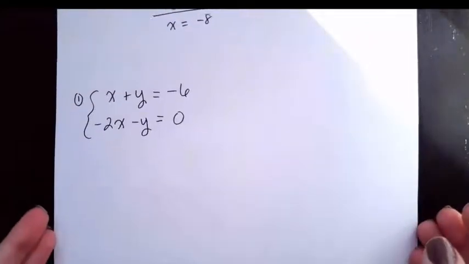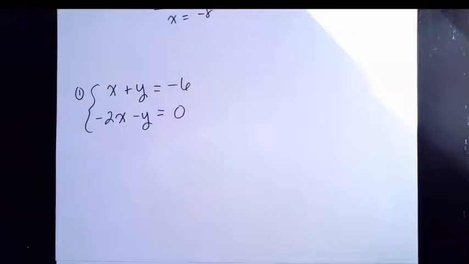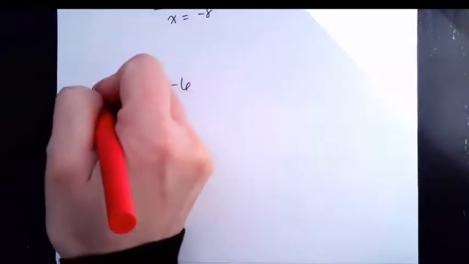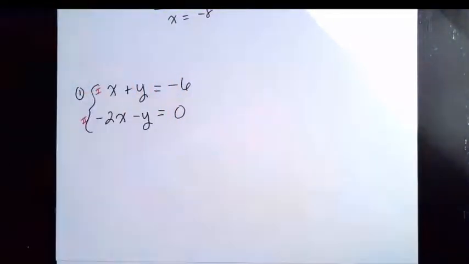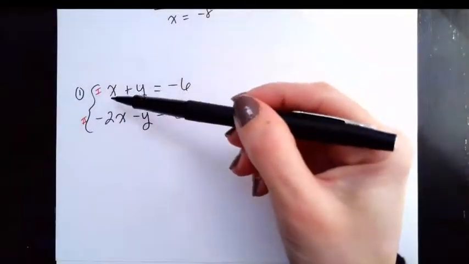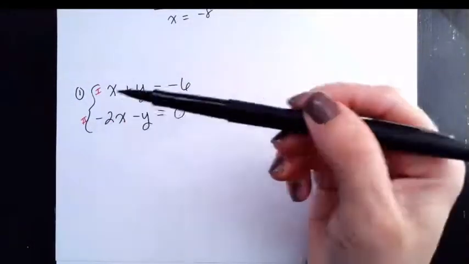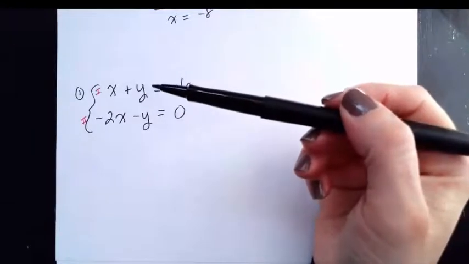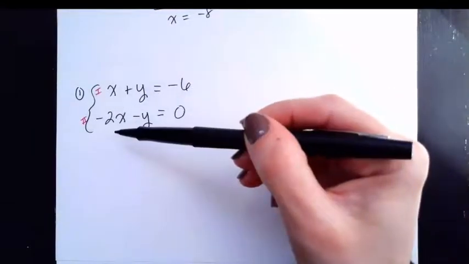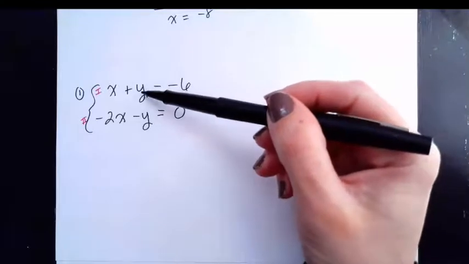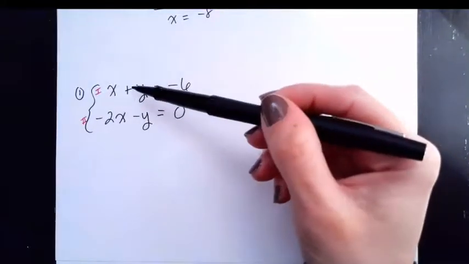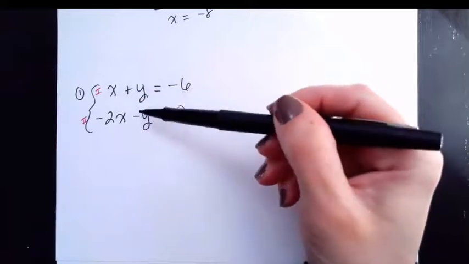All right, and I will once again label my equations just to help me keep track of what's going on. So the idea is to add the equations together so that one of the variables eliminates. So I'm going to mentally add these together before I write anything down because we might have to change things. So mentally, if I add things together here, 1x minus 2x, well, 1 minus 2 is not 0, so the x's won't disappear there. Here I have y minus y, and because I have the opposite coefficients, positive and -1,